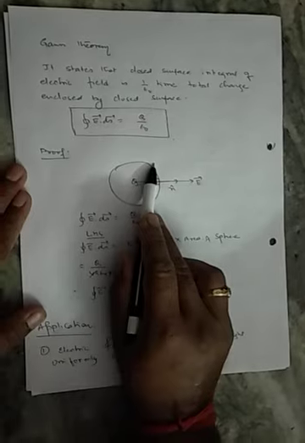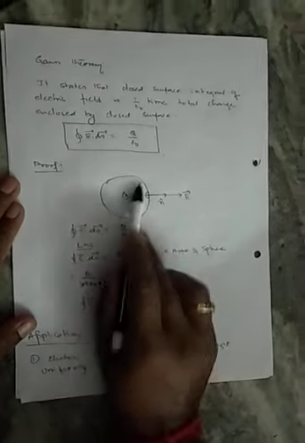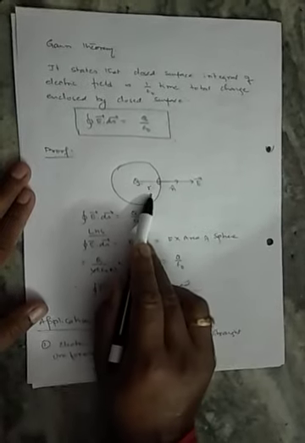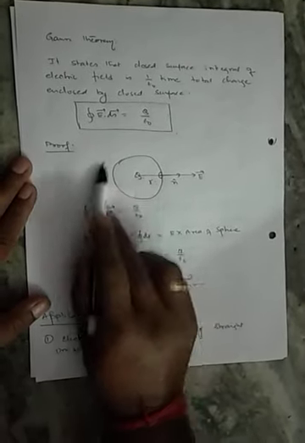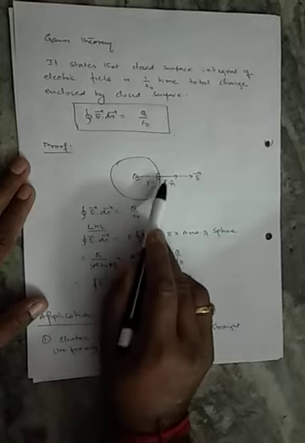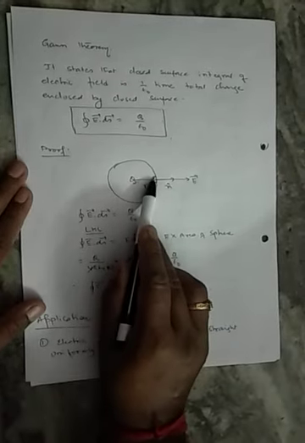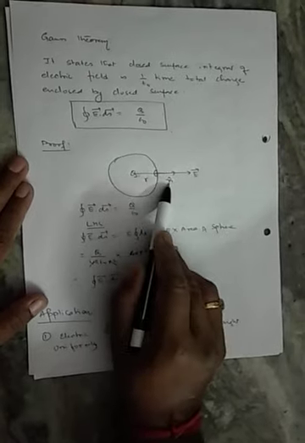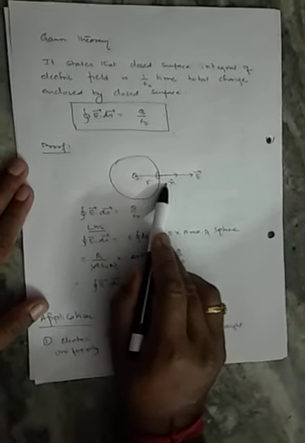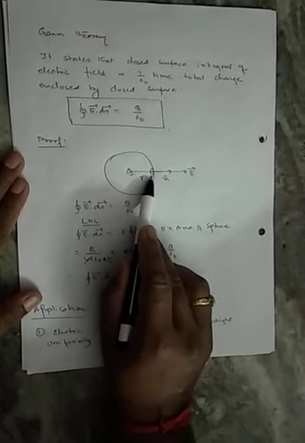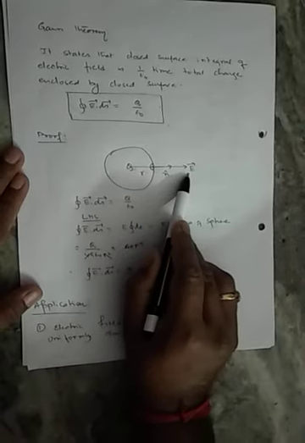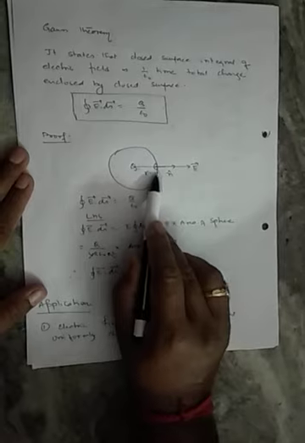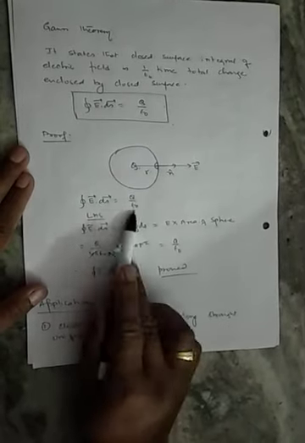So I have taken a spherical closed surface which is enclosing the charge Q, and this spherical closed surface has a radius of r. We are taking a very small area here, which I have named n cap, where n cap represents the unit vector normal to this particular area, right? And electric field is also shown here. You can see electric field and area are parallel to each other, so obviously flux will be maximum.